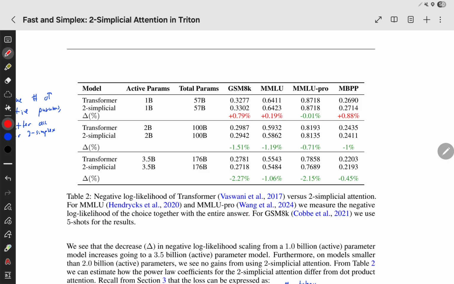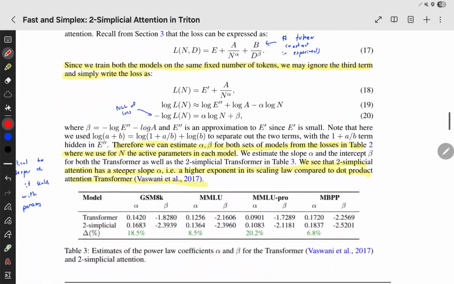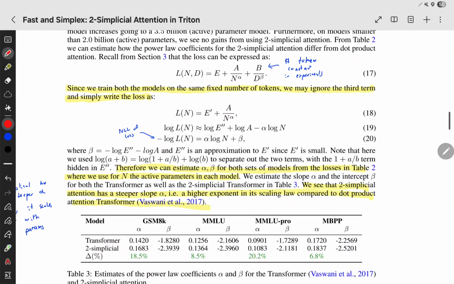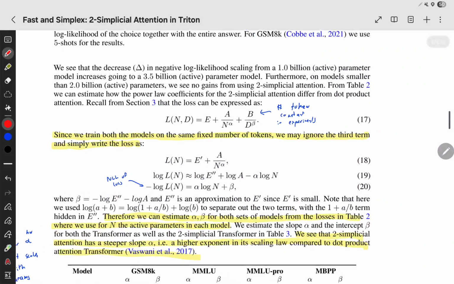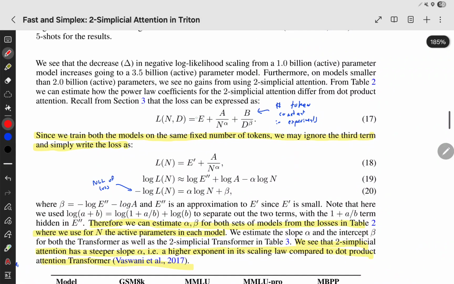Maybe this is because they can do these triplet interactions as opposed to just pairwise interactions. But it does seem to do better if you scale your models to be large. They also mention that normally if you change your model architecture, you have your scaling laws, your scaling law here, which basically says this is your loss, and your loss can be modeled by